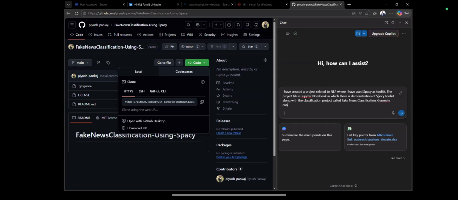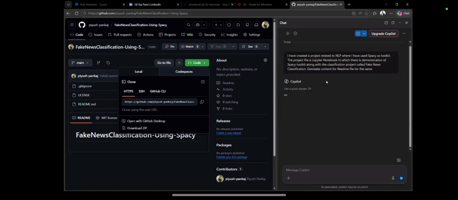Generate content for a readme file for the same. That's it. A small prompt I have given.